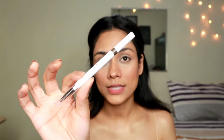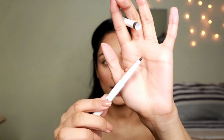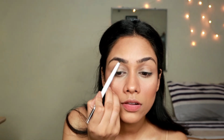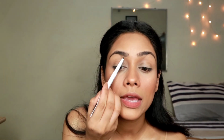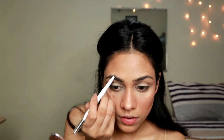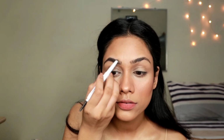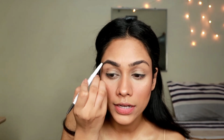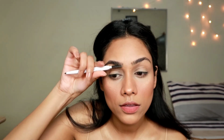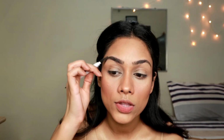So firstly I'm gonna use this eyebrow pencil. This is the e.l.f. eyebrow pencil, and once you twist it, there you have the product right here. First gonna do the basic stuff, lining, giving my brow a base, and just lining it right here, and a very thin line here as well. And now I'm just gonna fill in the gaps, and I'm applying the lightest pressure. I'm not really poking it, just very light pressure, and in between I'm just gonna use the spoolie as well,